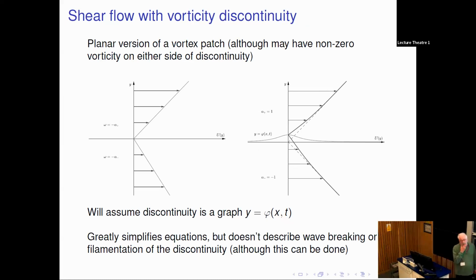So my interest is in looking at this in a simpler geometry, namely half-space geometry instead of patches, where the geometry of the ellipses or whatever is more complicated. So essentially, you can think of this as a planar version of a vortex patch. So just a boundary here. And I'm going to assume the discontinuity as a graph rather than try and do the full parametric equations. I mean, you can do the full parametric equations as well, but